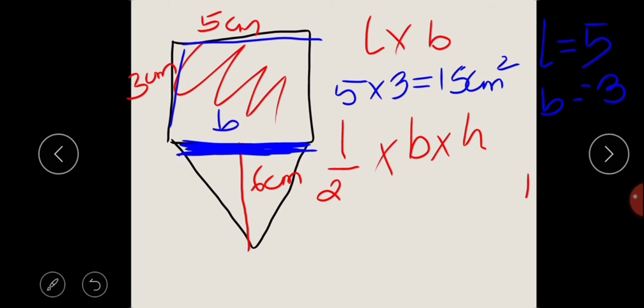This is going to be the base. अगर हम ये देखें, जो base है ये actually rectangle का part है, और अगर हम ये देखें, ये part जो है ये सामने वाली length के बिल्कुल opposite है, which is actually 5 centimeters. So if this is 5 centimeters, this will also be 5 centimeters, and so the base is going to be 5 centimeters.